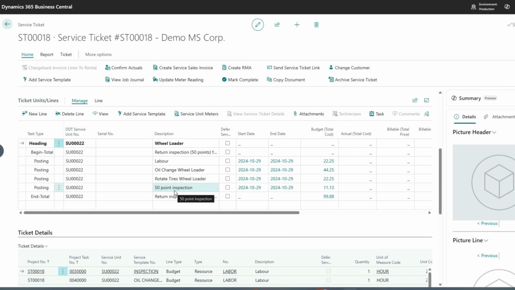You can use service to manage maintenance for company-owned assets or customer-owned equipment. Also, you can bill the service to clients, or you can simply use service to record internal statistics and operations on service and maintenance. The service can be done to do break, fix, repairs, ad hoc service, in which case I would go and create a service ticket manually. It can be triggered automatically through rentals for a return or delivery inspection like we're seeing now, or it can be used and generated